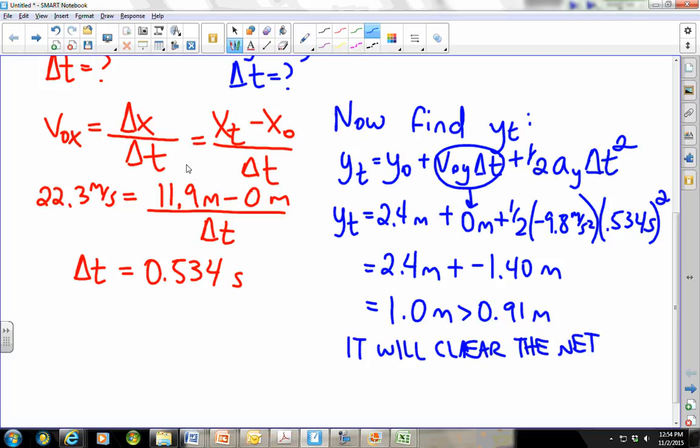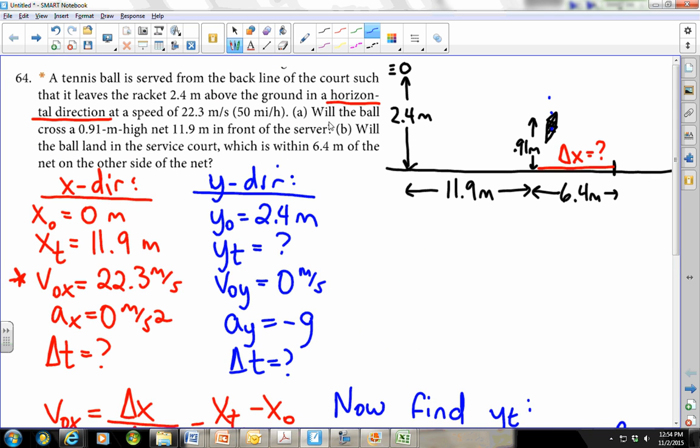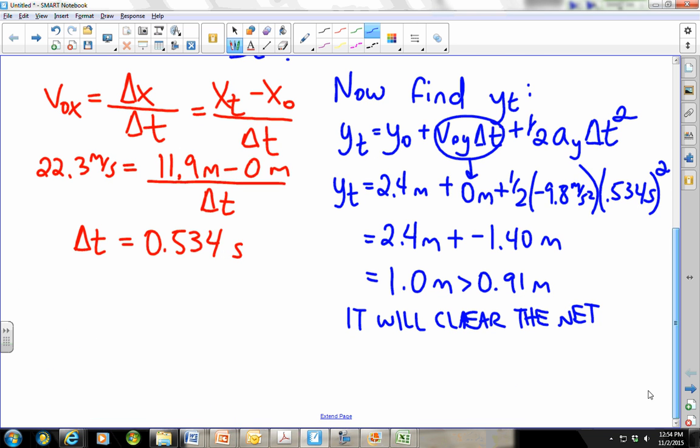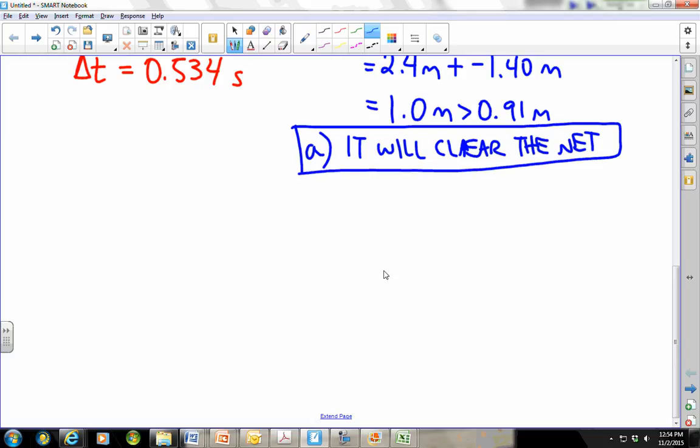Okay, so that was part A. Now part B is asking, will it land in this service court here within 6.4 meters of the other side of the net? Okay, so that's a different situation now. So this was part A's answer. Okay. So now part B,